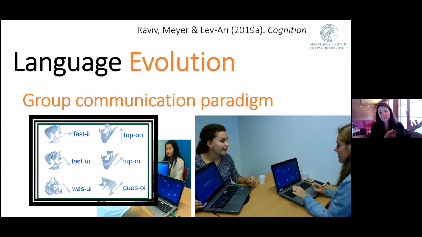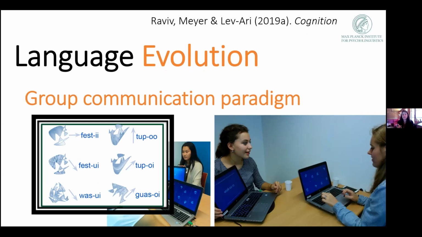In this illustration I'm showing you, this is a really systematic language. It has a really clear grammatical structure, but of course languages can differ in how systematic they end up becoming. This paradigm allowed me to look at how languages evolve in real time in a community, and to show that simple communication between people can already lead to the creation of systematic grammars, with no need for iterations and generational transmission. And these languages can spread to the entire community.